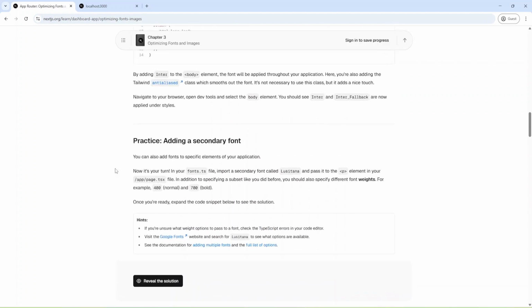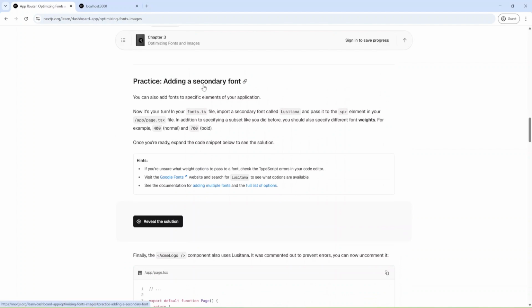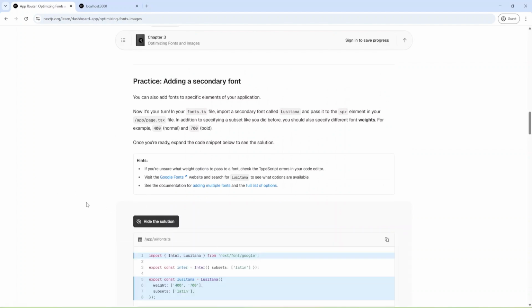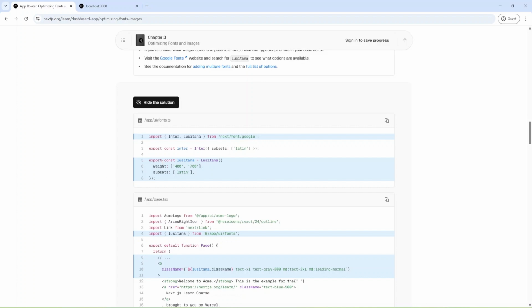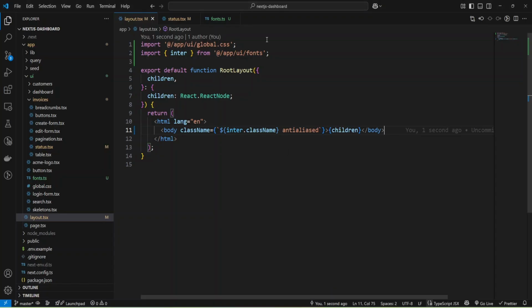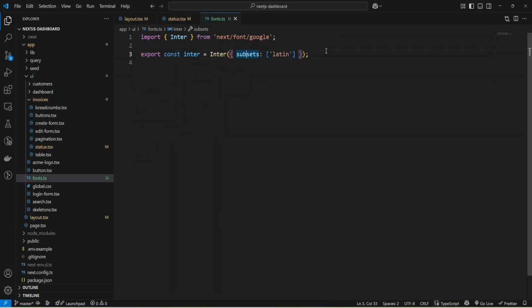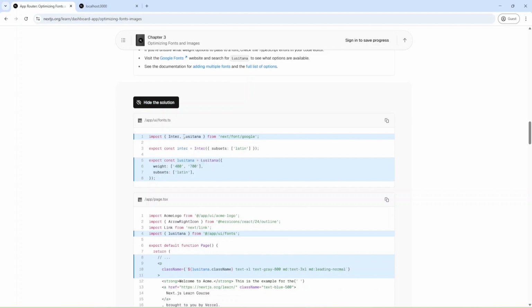Okay, and now we can add a secondary font, and I'll just reveal the solution. And we need to add this export inside our fonts. Okay, and probably we also need to add the import.